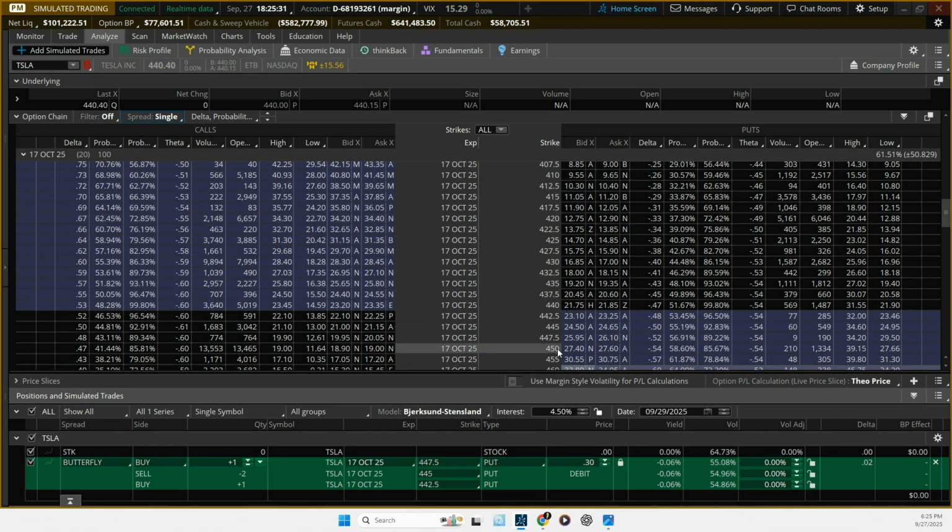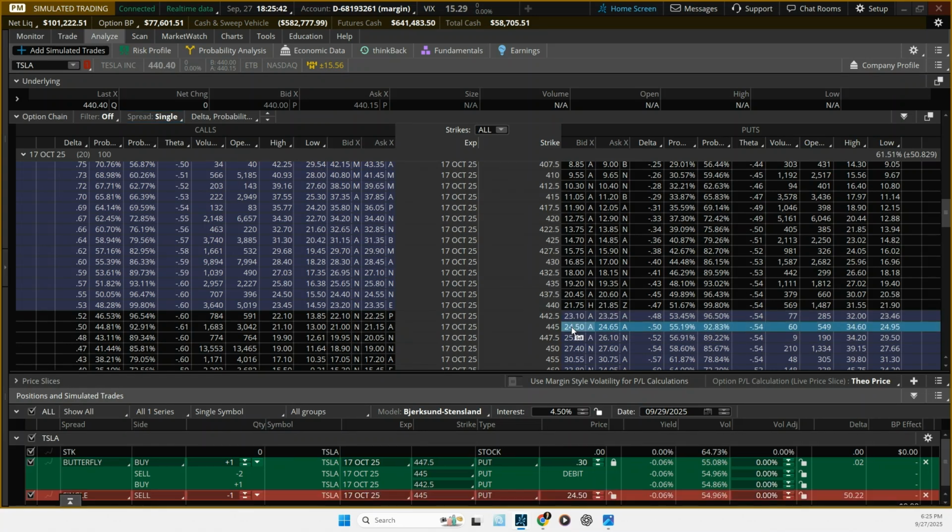So we're selling the 445 put. Where are you? 445 put. You are selling two of these. So change this to -2. Selling two of these. What's the mid? Okay, 50. Maybe we might be able to, let's just kind of go in the mid here. And then selling two. Now we're going to add buy one